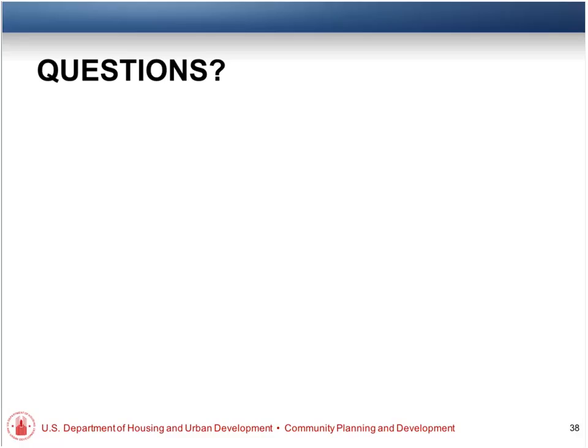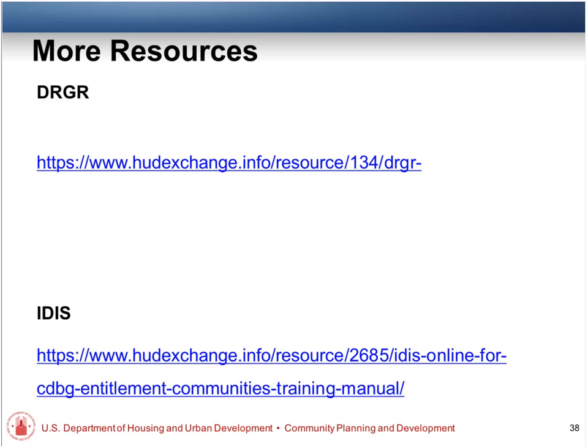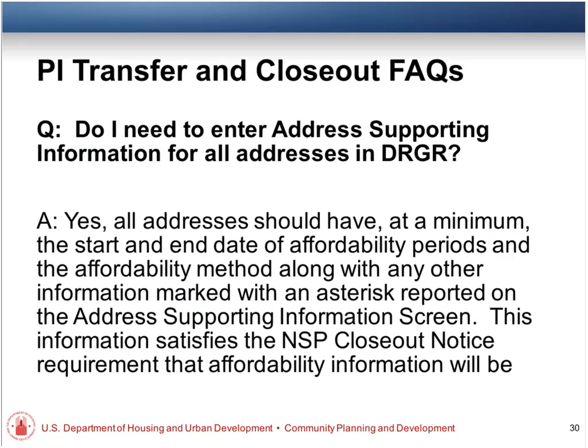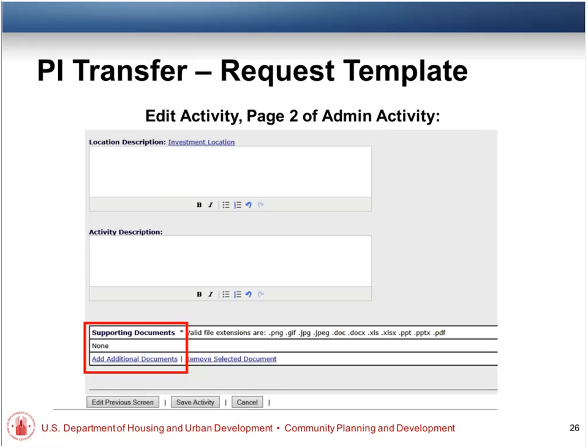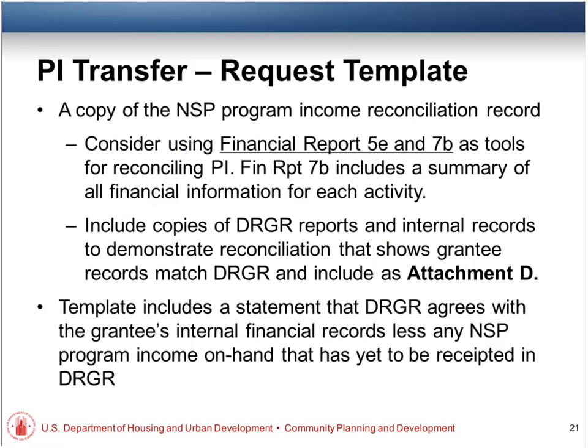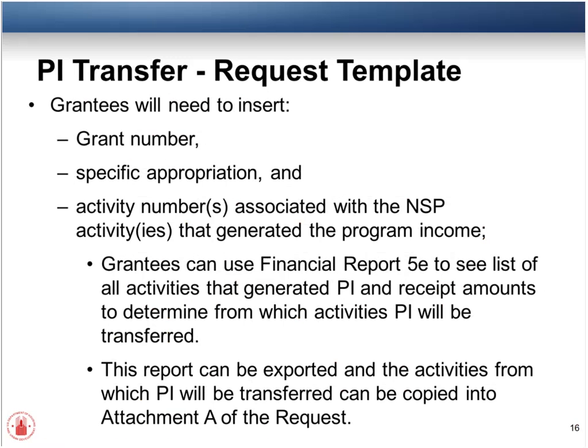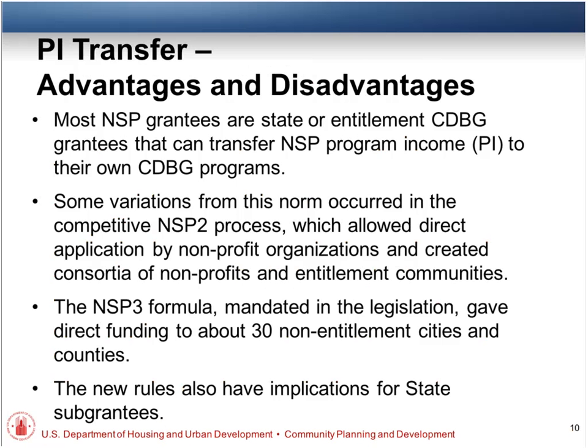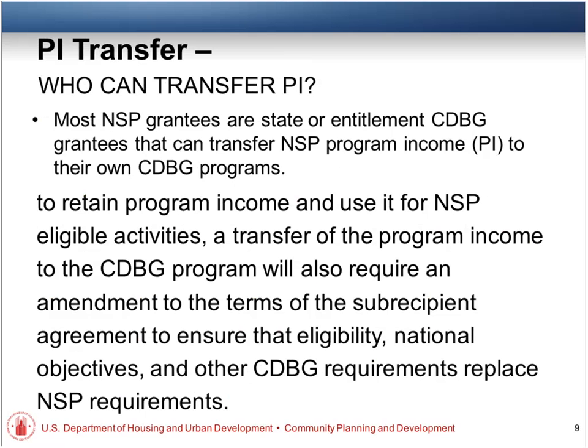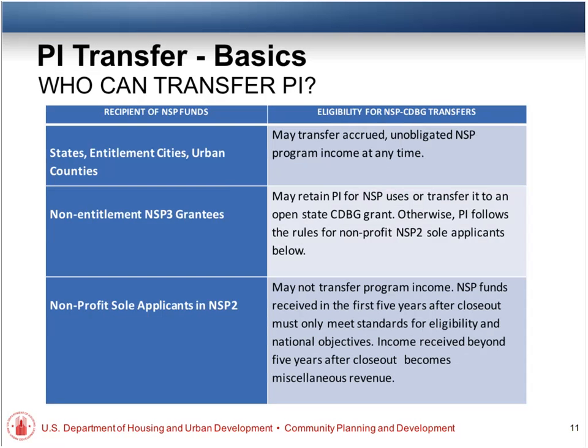Okay, this refers back to slides. So let me go back to this slide that's being requested. This is related to the material we covered related to who can transfer program income, I believe. So here on slide 11. The question is, for nonprofits with PI, it refers to NSP2 only. What about NSP1 or 3?